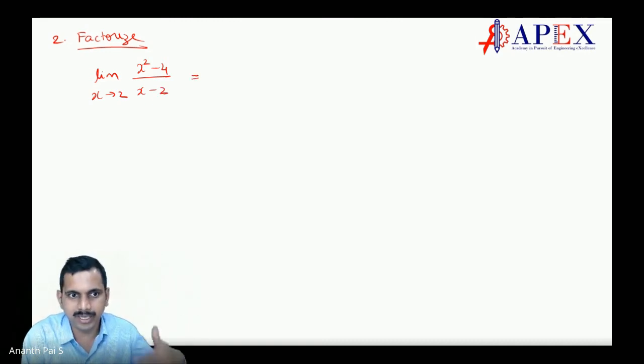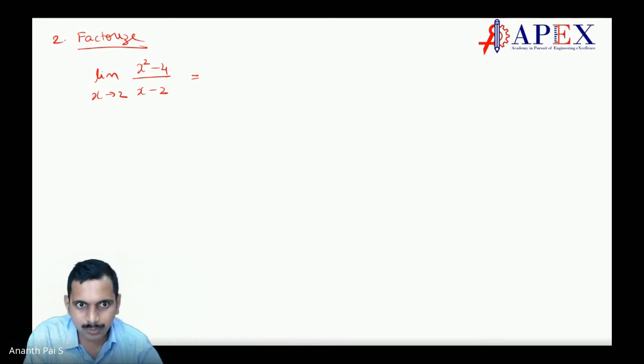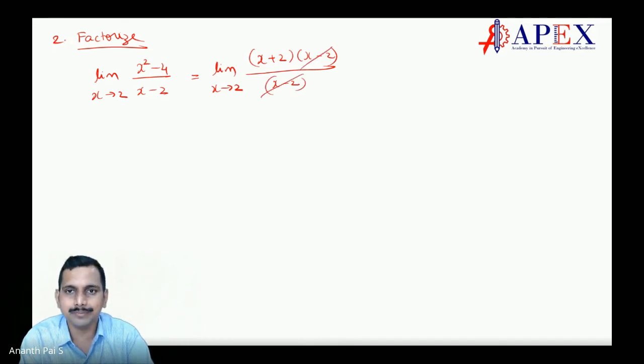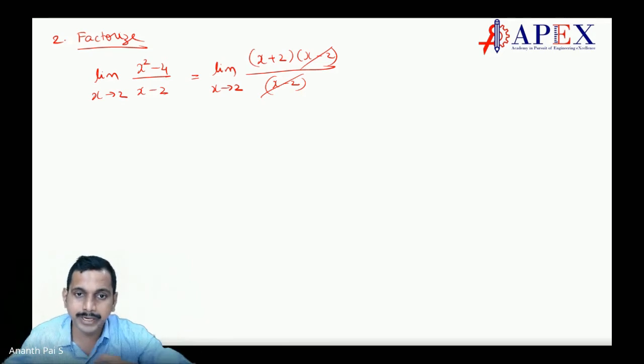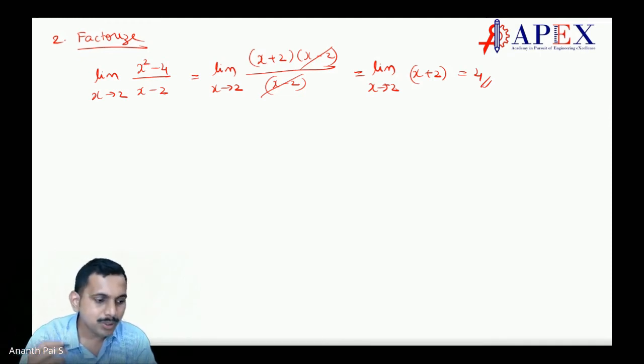Second step. Any question we have to solve, first try substitution, second try factorization. So now, limit x tending to 2. Here x squared minus 4 is x plus 2 times x minus 2, correct? And then you have x minus 2 in the denominator. So x minus 2 cancels. No need of doing those long things, approaching from the right hand side, approaching from the left hand side. You can find the limit just like that. So this would come out as limit x tending to 2 of x plus 2, and the answer comes out to be 4. Make sense?